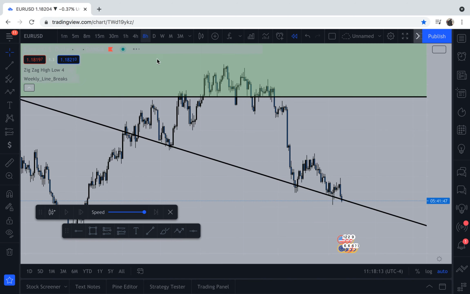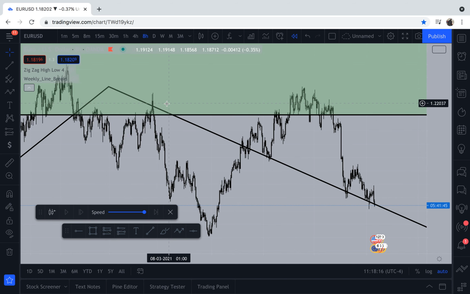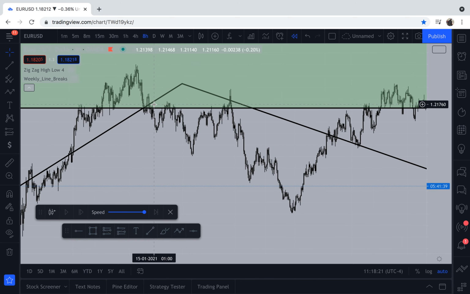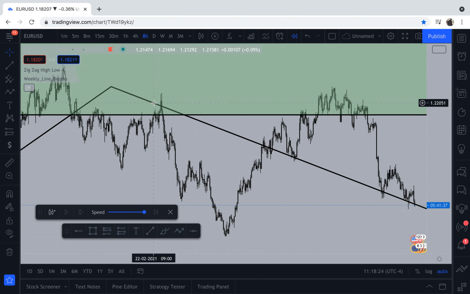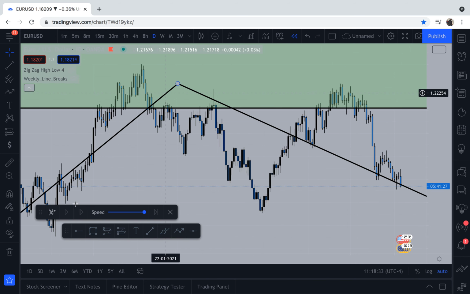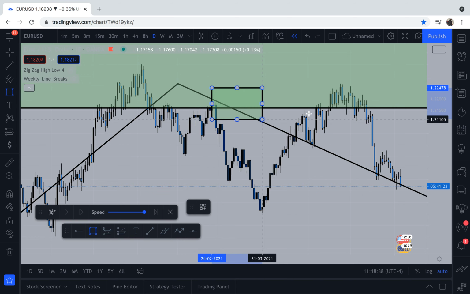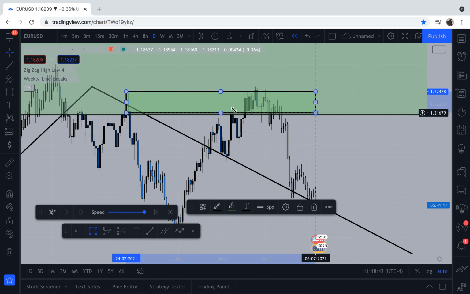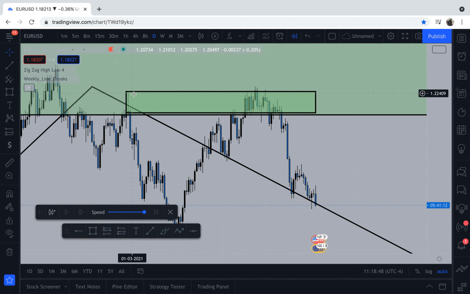let's see if I can identify anything. All right, so let's say here, this right here would be a smaller higher time frame area of interest within the bigger time frame area of interest that we're already looking at. So we'll go ahead and mark that up